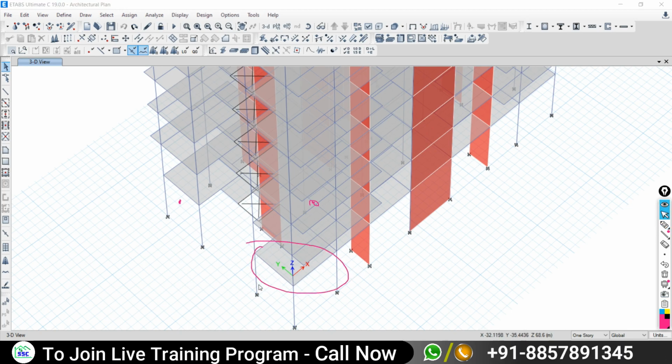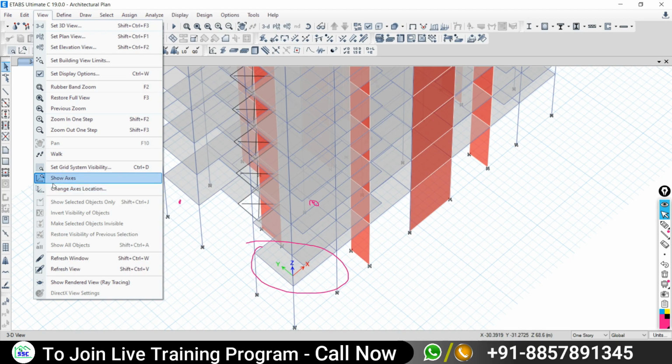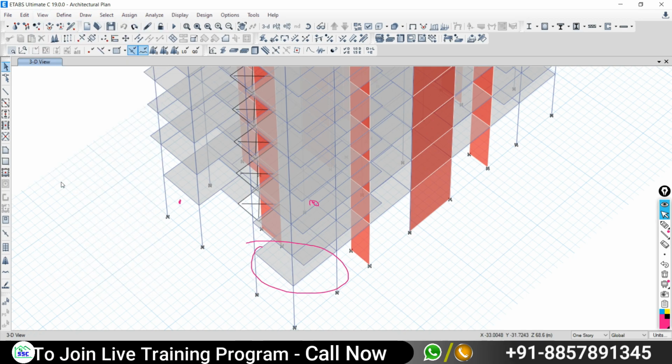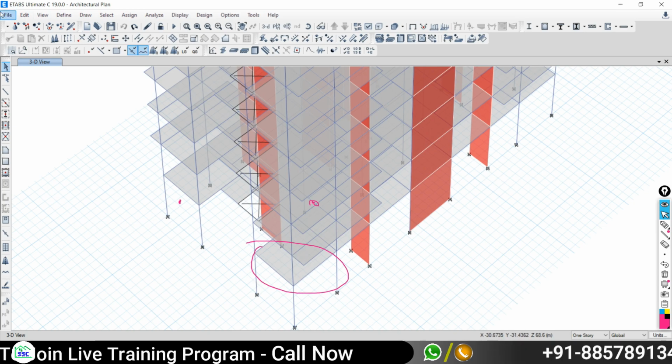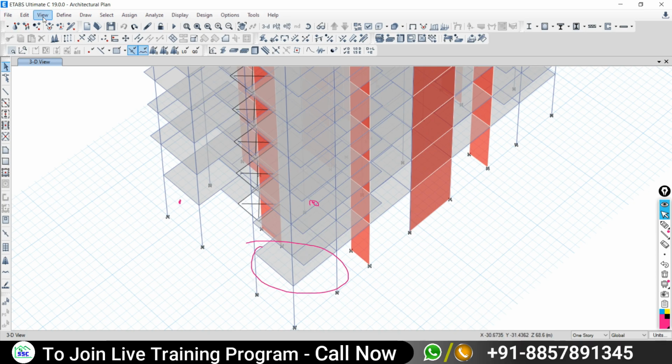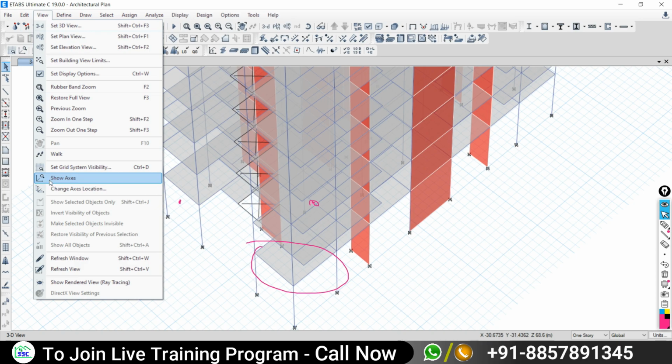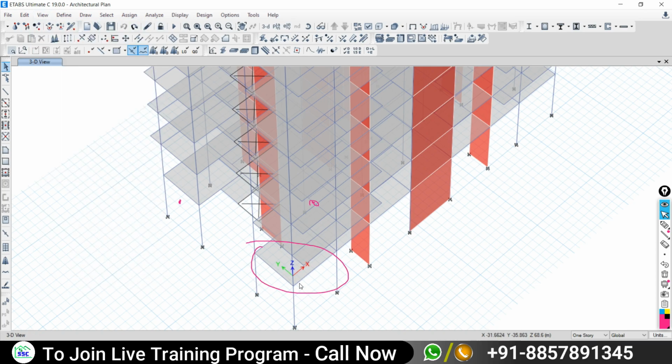If you need this global axis system, let it be. If you don't want it, go to view and here show axis. If I click on this the first time, the axis system will be removed. If you need it, go to view, click show axis again, so that will be available.